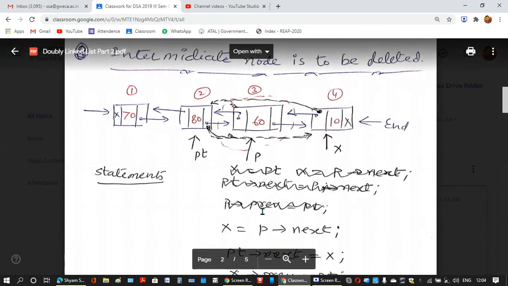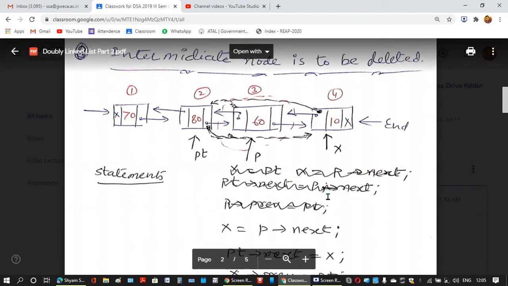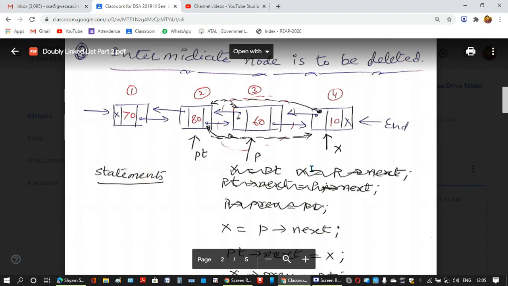X is again a pointer. P next is holding the address of the fourth node, so now X is also holding the address of the fourth node. So x equals to P next.